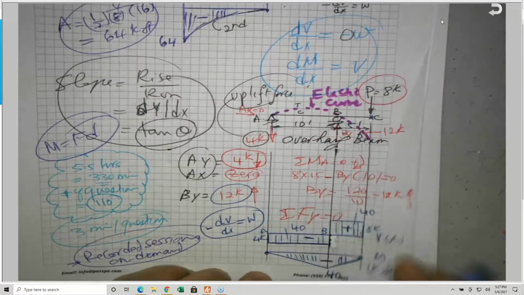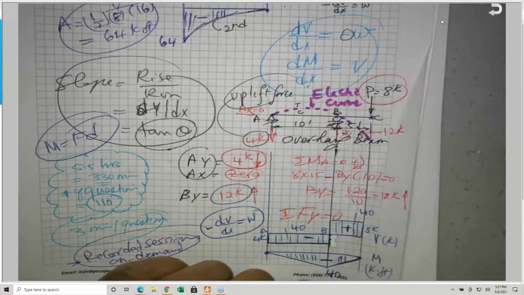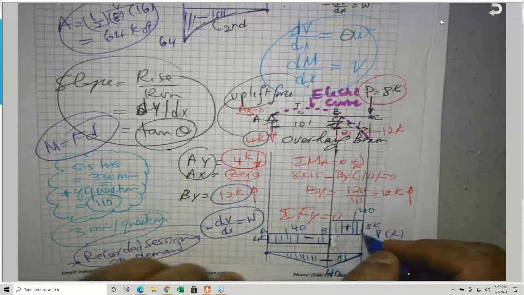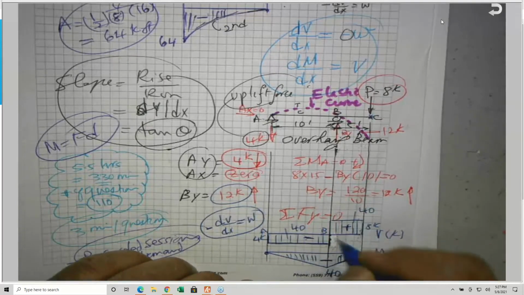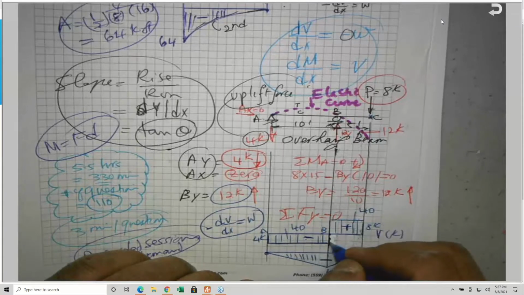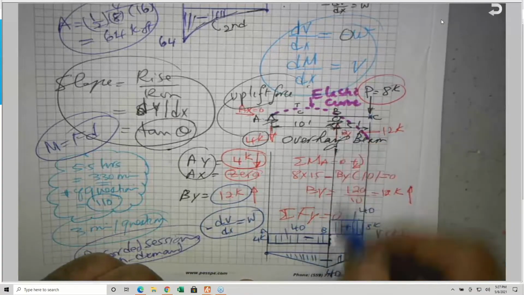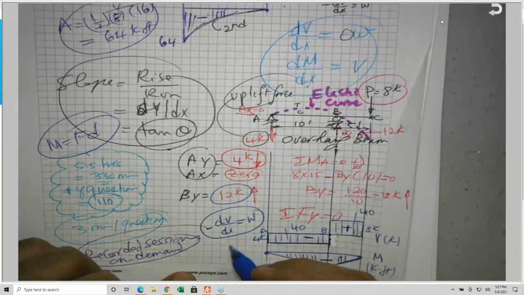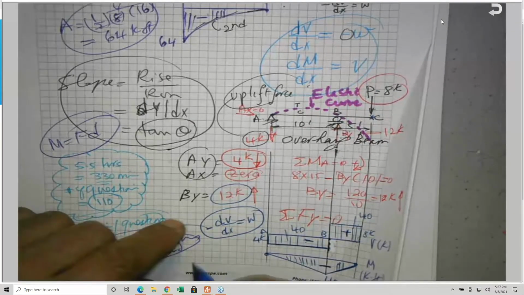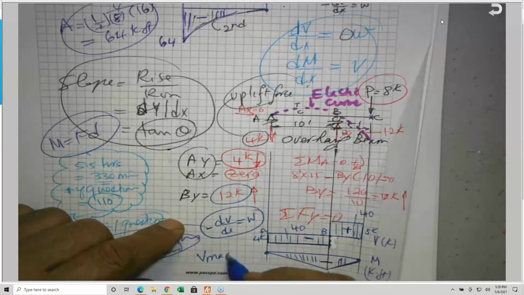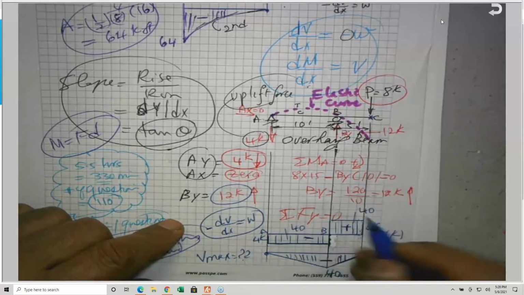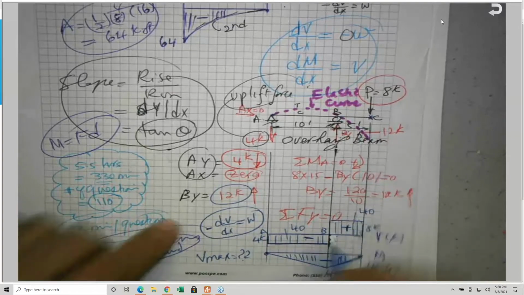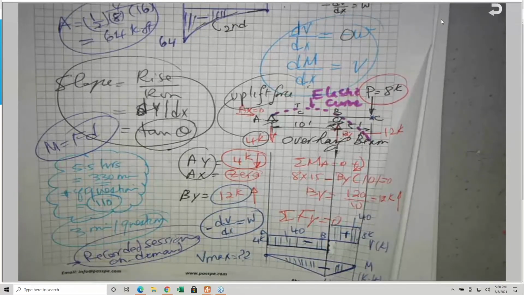Here we have 8 kips, and from here to here is 12, which is basically the reaction. The question our friend is asking is, what is going to be the maximum shear, the Vmax, in this scenario? Shall we consider it to be 8 or shall we consider it to be 12? And why do we need the Vmax? Because